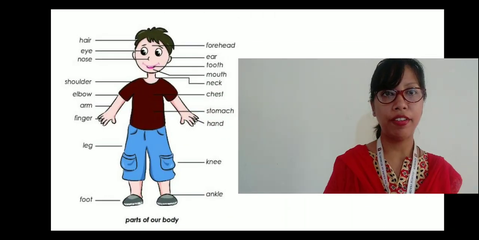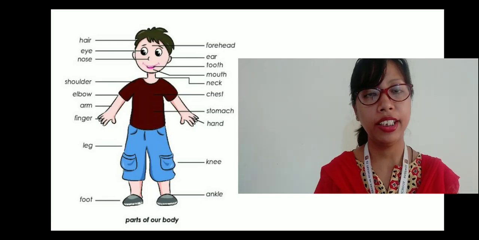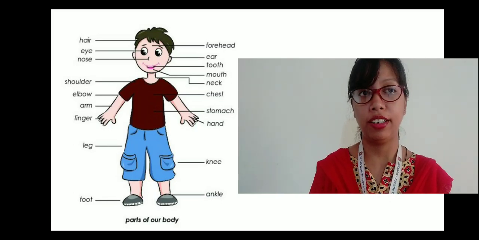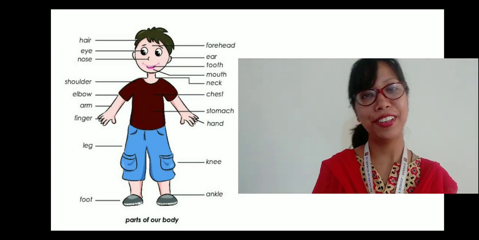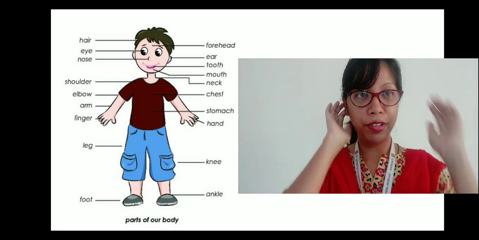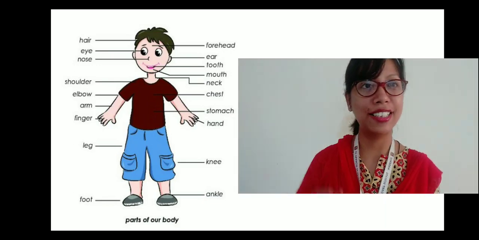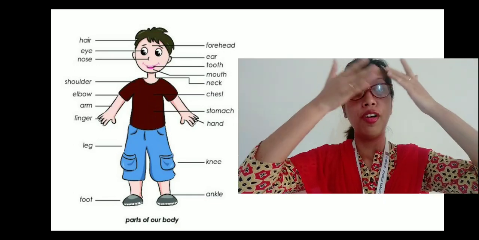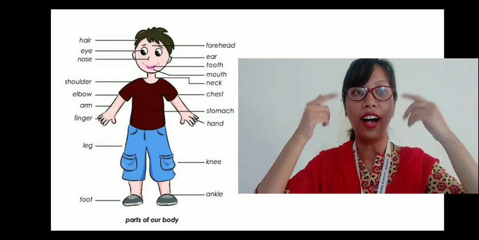Now here we have a picture of a boy, right? And it has given the different parts of the body. So let's read it out. Shall we read it together? Come on, let's read it out together. So we have the hair, forehead, eye,